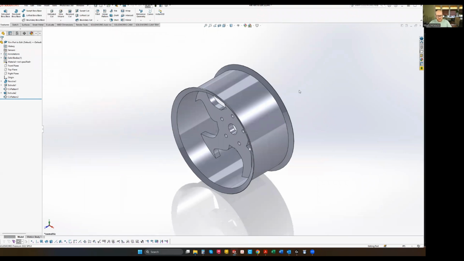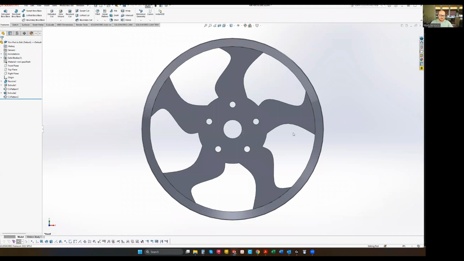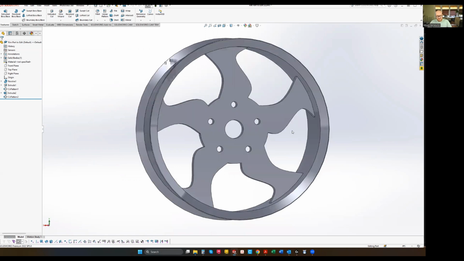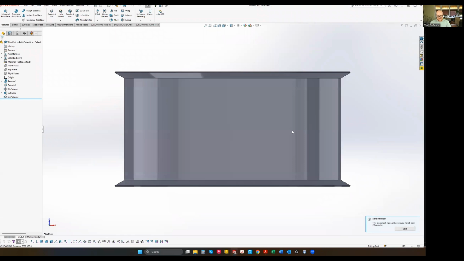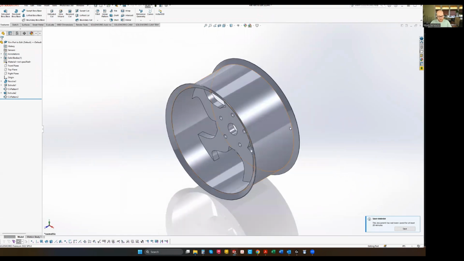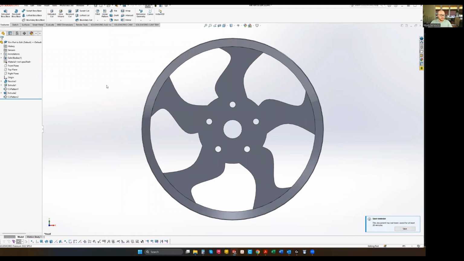All right, so if we click Control-1, that'll give us our front view. And remember, Control 1 through 7 will give you the different views: front, back, left, right, top, bottom, and 7 is isometric. So Control 1, we're going to get a front view. And in this lab, all you have to do is edit these spokes. What we're practicing here is just editing existing features, which I know we've touched on a little bit, but this lab is more specifically how to look at these different features and determine